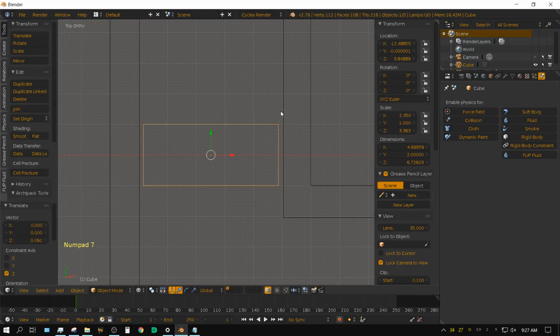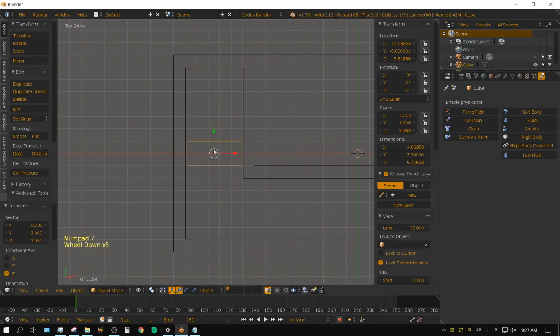And then do the same thing on the z-axis. S for scale, Z, and then scale it up to about there. Now press 7 to go on top side view, and then just kind of center it up in this back portion of the hallway. Now press S for scale and then Y for the y-axis, and then just bring it about that size.